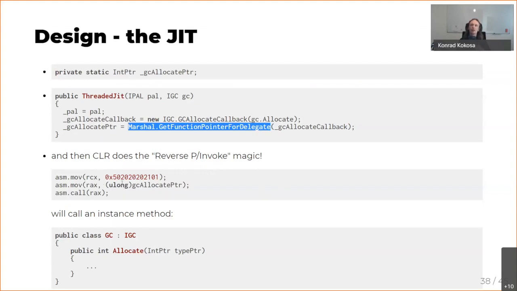You have a method inside an instance of the GC class, for example, the instance method Allocate. If you provide an address of it to this GetFunctionPointerForDelegate, and then you have a pointer, and then you use the call instruction on this pointer, all of a sudden, you come back from the native code to managed code, and you will start to execute this particular method.